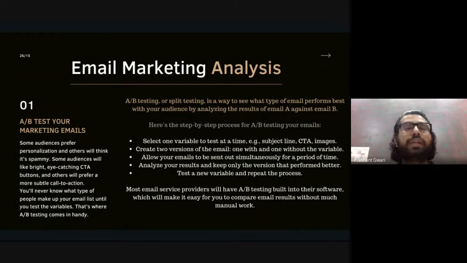Now, the tools you are using, like MailChimp, ConvertKit, or Salesforce, provide that kind of A/B testing when you are sending an email marketing campaign. So you don't need to worry about that. When you send an email marketing campaign, they will ask you if you want to do A/B testing or not. If you do, you can send a different email marketing campaign by choosing a variable different from the earlier email marketing campaign you have sent.